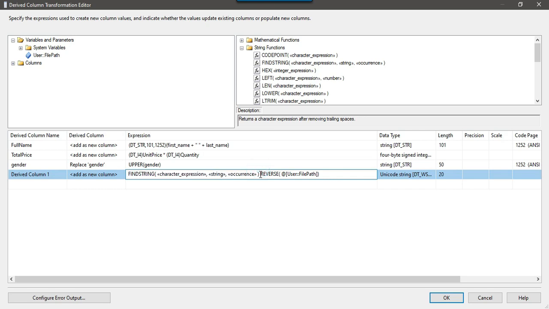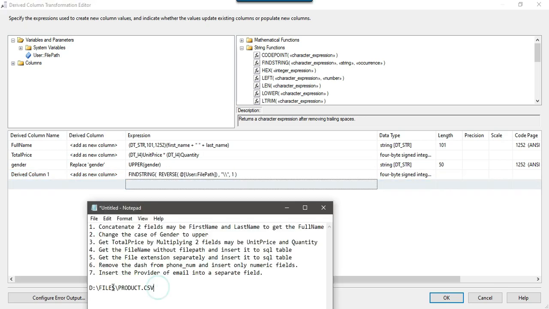I will share this particular code with you, so if you want to download it, you can download this code, so it can help you. Maybe you want to just try by yourself. Now we will find the first occurrence of the backslash. So we will put 2 backslash double quote, and we need to find the first occurrence. So we just want the location of first occurrence of this one.